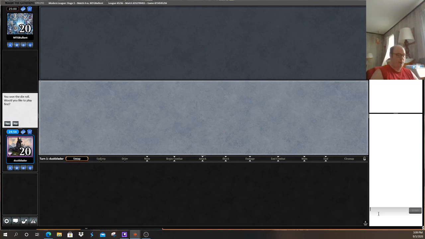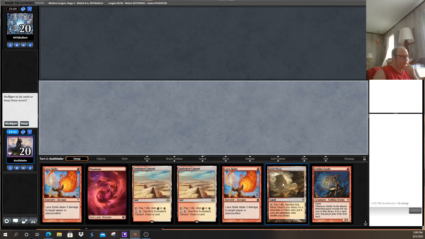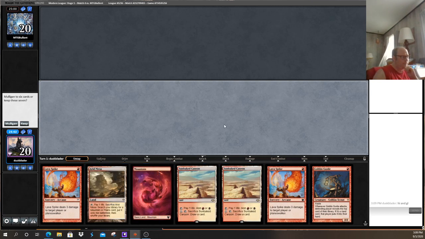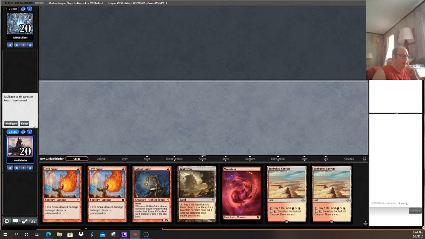Back for match number 4. We're on the play, which is nice. Four-lander. So 4-lander with 3/1 mana plays and 2 cantrips, I think I'm more inclined to keep. Like I said, not a fan of keeping 4-landers, but